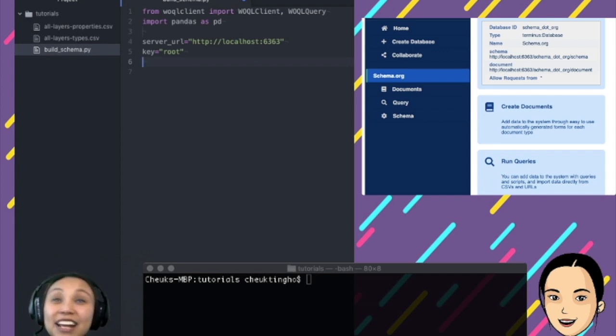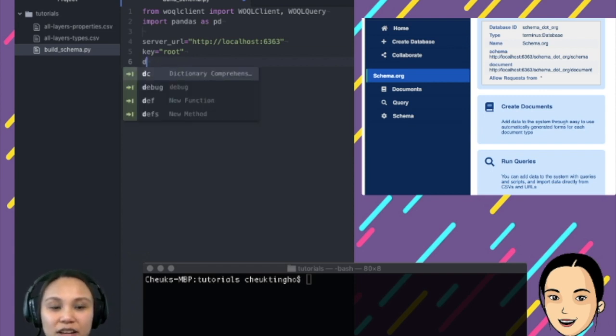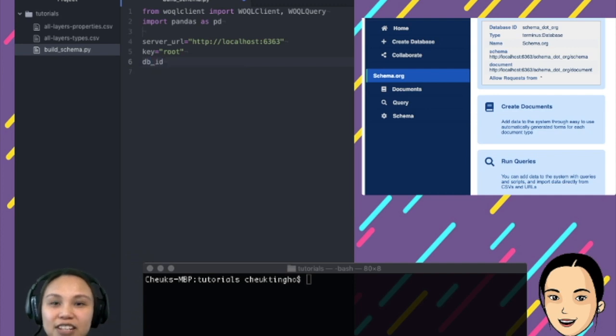So another thing that we need to set up for our database will be a DB ID. Do I want to put it like this? db_id, maybe like this. It's more Pythonic. Okay, cool. So the name will be schema. I can't use space. I can't use emoji. So I'll just say schema_tutorial. How about that? Okay, cool. So we have to go faster because I waste a lot of time fooling around. Now we have set up the database.